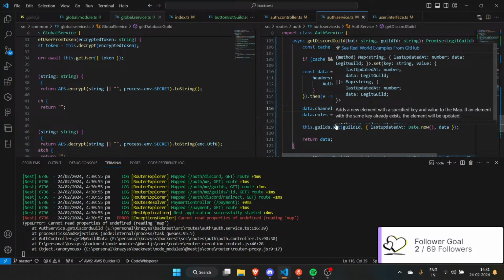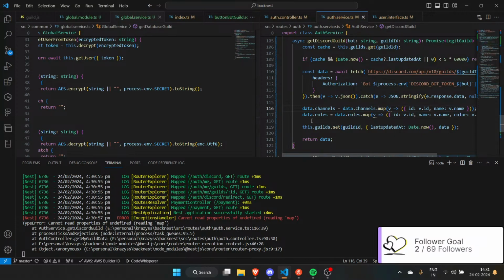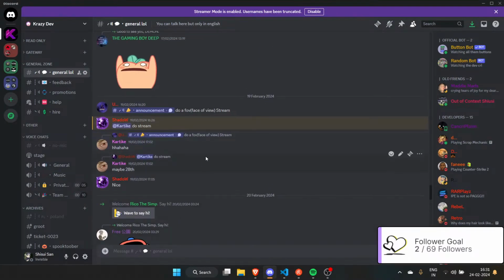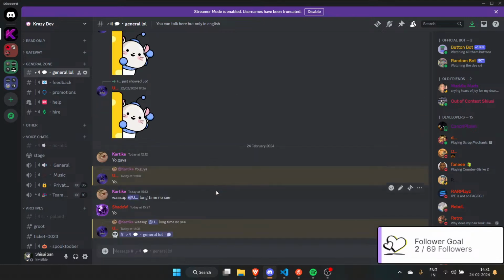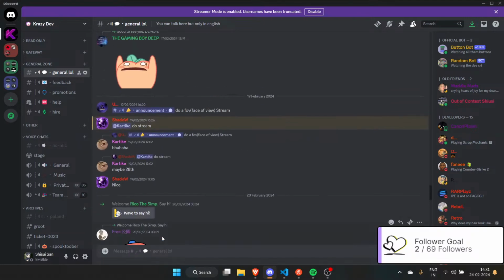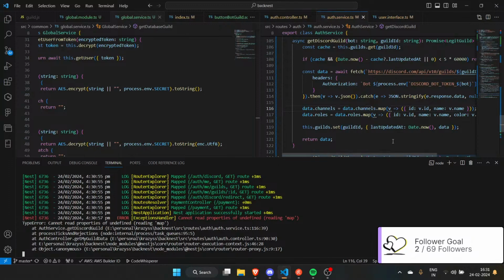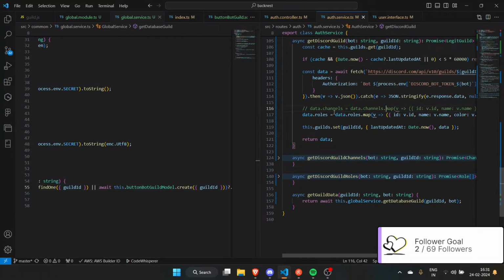Data.channels is undefined. I did see roles though. I guess channels I need to import. Oh shit, he's right. I guess I can remove the channels part.